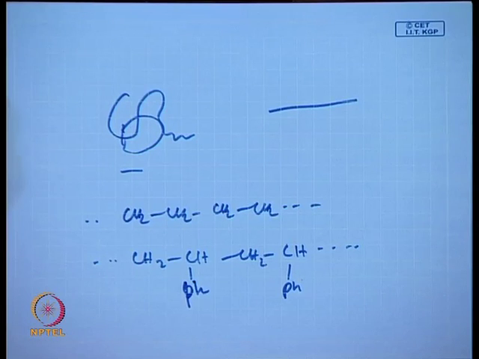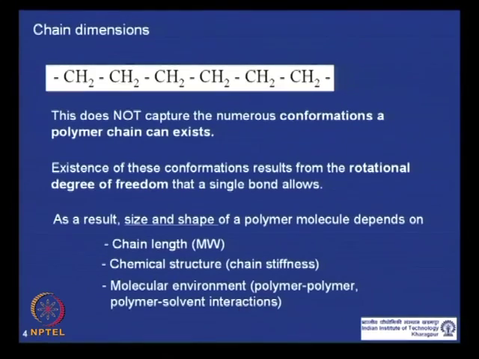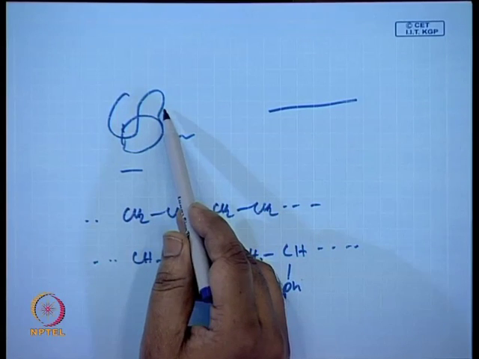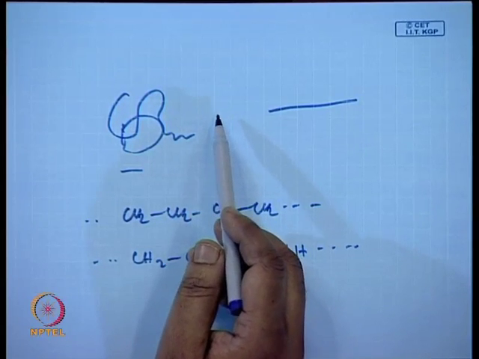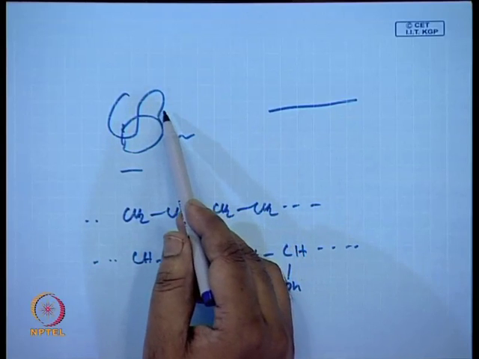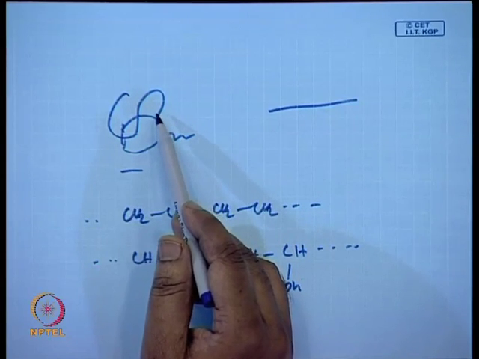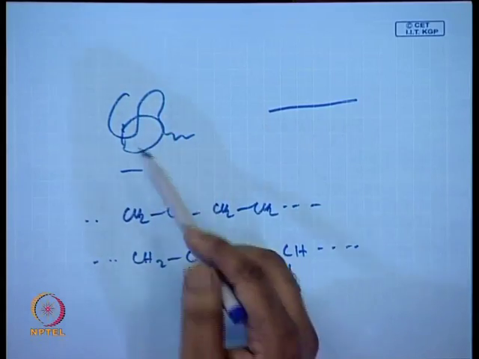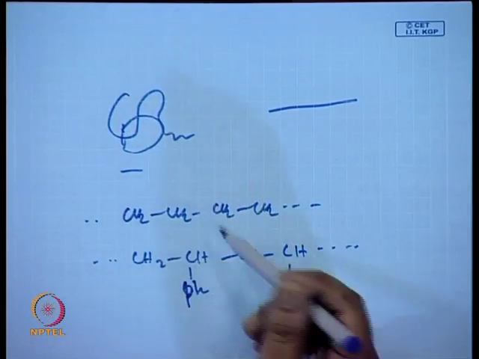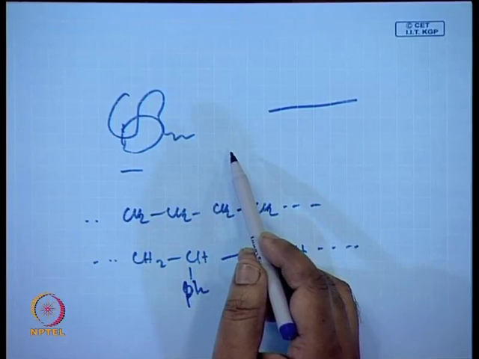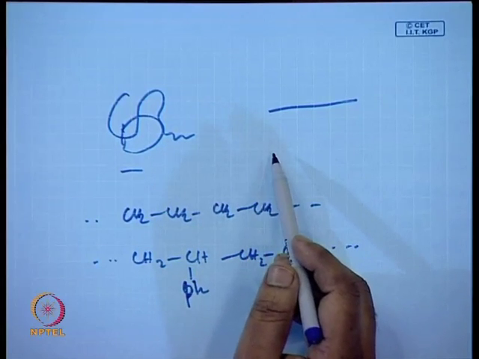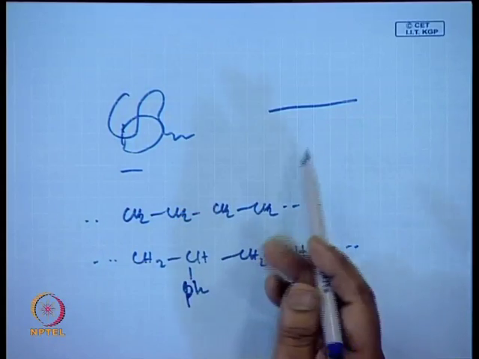The third one is of course the molecular environment, which depends upon where the polymer is. If the polymer is in a solvent, then if the interaction between polymer and solvent is higher than the mean interaction between polymer-polymer and solvent-solvent, then the polymer-solvent interaction will be preferred. So the polymer will try to expand its chain, so bigger in size. And if the polymer-solvent interaction is lower compared to the mean interaction, then it will try to contract and avoid the solvent